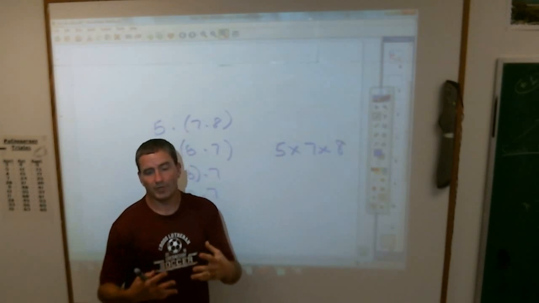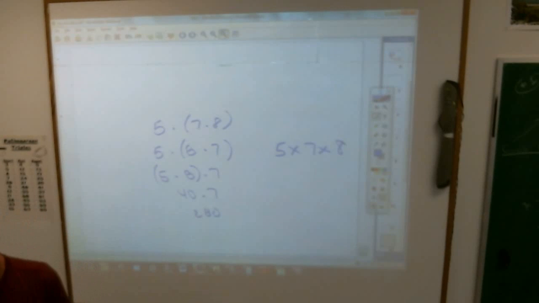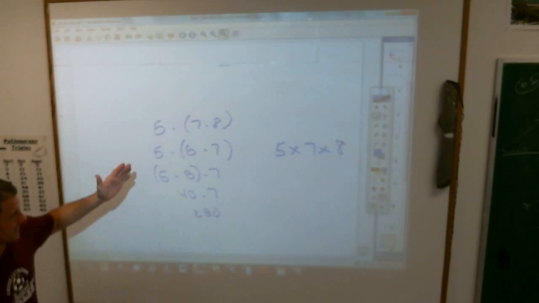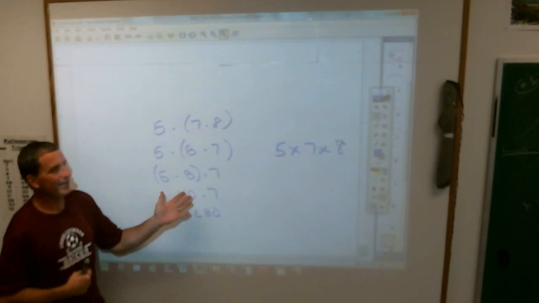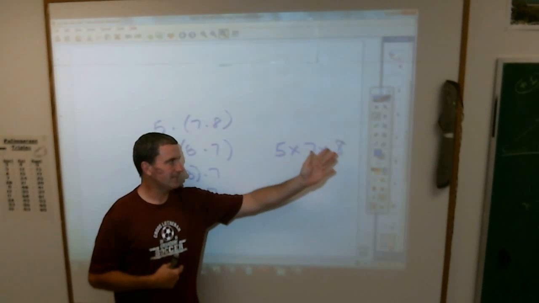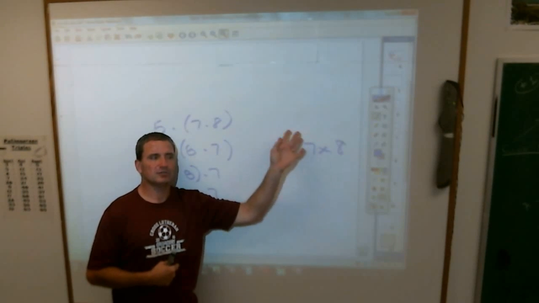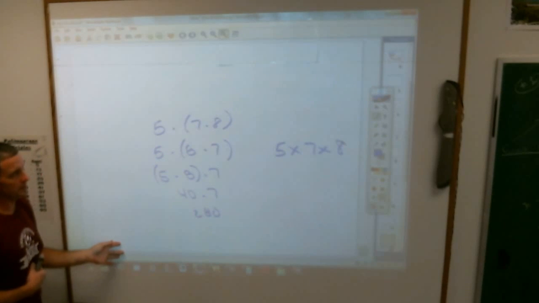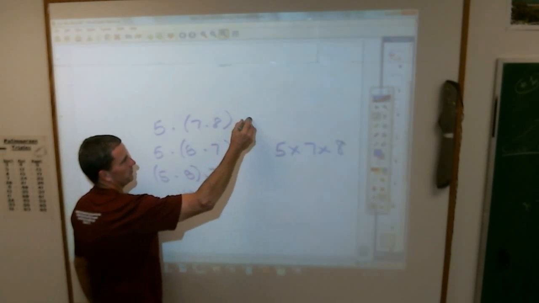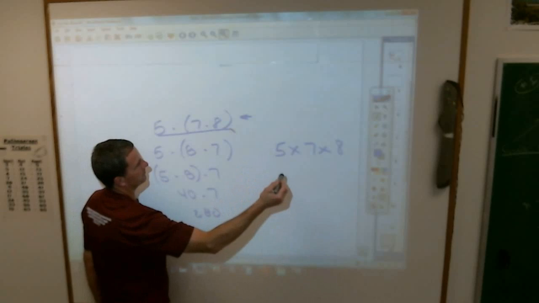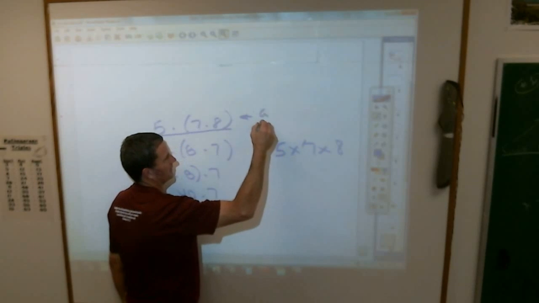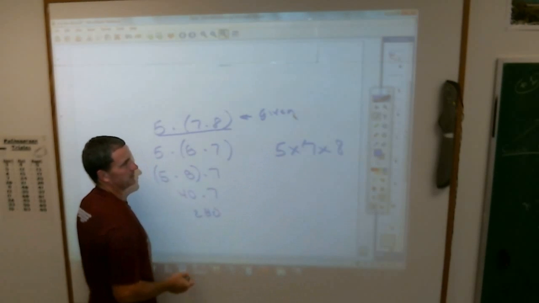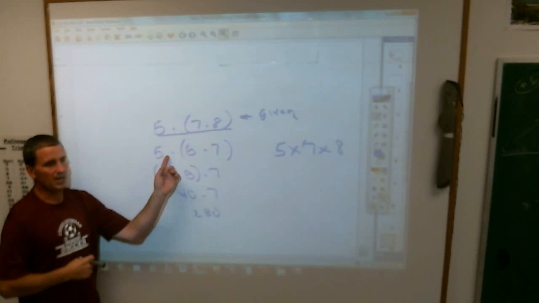Now, you do that without thinking about the process that allows you to do that, and that's what this is. How do I get to be able to multiply the 5 times the 8 first? Well, it's through all these properties we just talked about. This first one was the given thing. That's what you have in the book, they tell you that's the given one. Now, this property here,